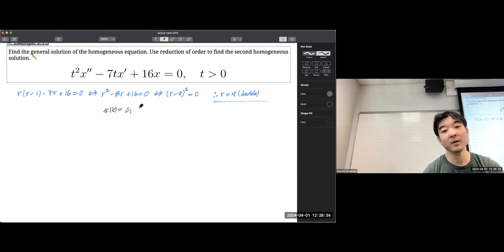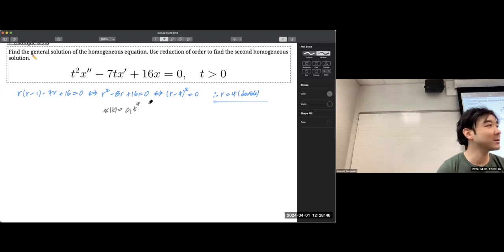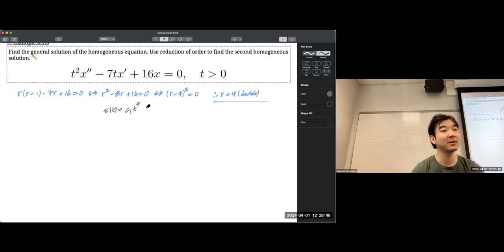One of them is going to be C1 times what? t to the 4th, good, not e to the, so that's a common mistake. Make sure that the solution form is different, because we derive the indicial equation using this kind of solution form. And the other one is C2 t to the 4th